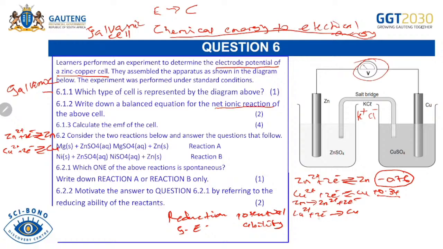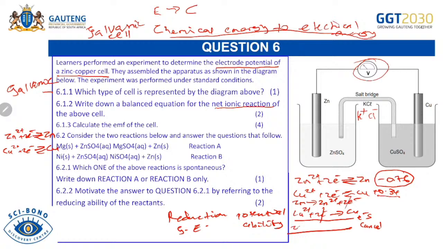Then immediately when you write the half cells, please make sure that you are showing only 1 arrow there. Not 2 arrows, but one arrow. So you make a line there. Then you first ensure that the electrons are balanced. If the electrons are balanced, you cancel them. So it's 2 things. You balance the electrons, then you cancel. In this case, we have 2 electrons in the copper 2 plus and the zinc 2 plus, so we can cancel them. The 2 electrons.